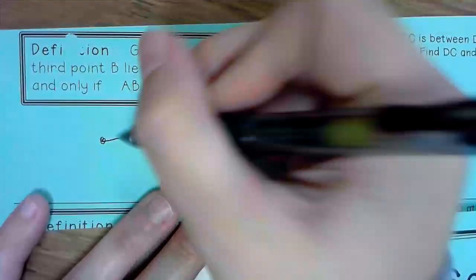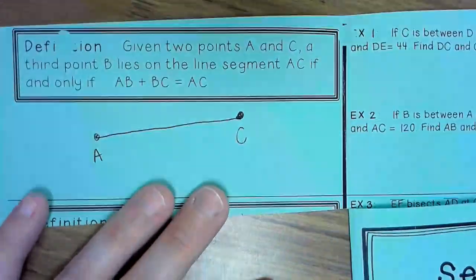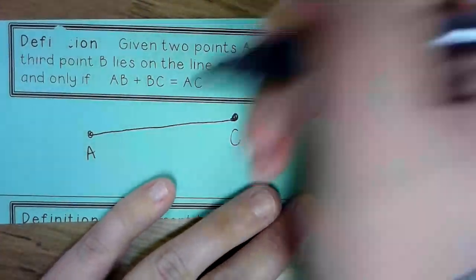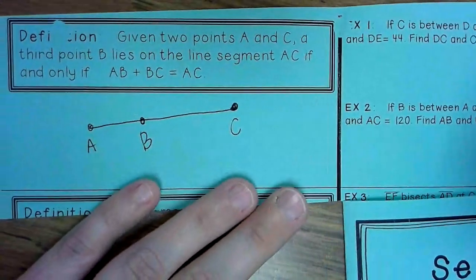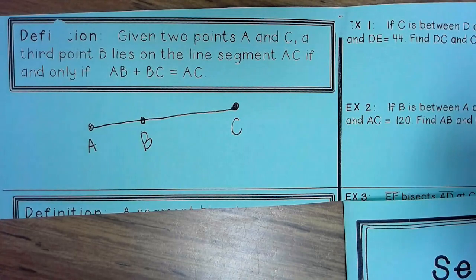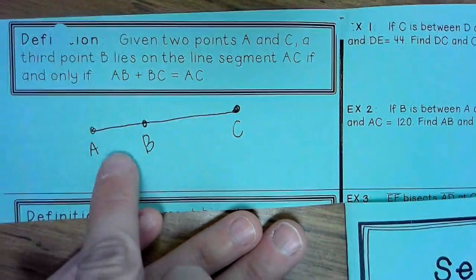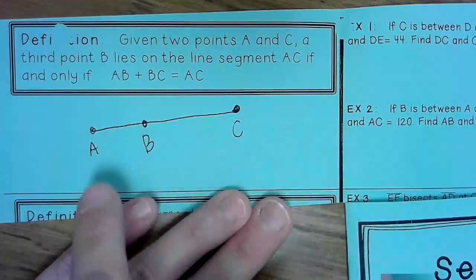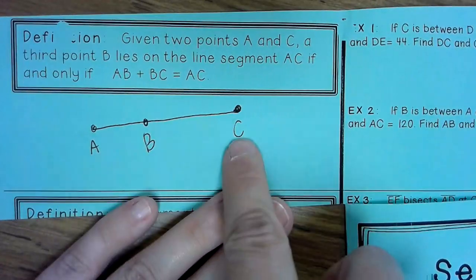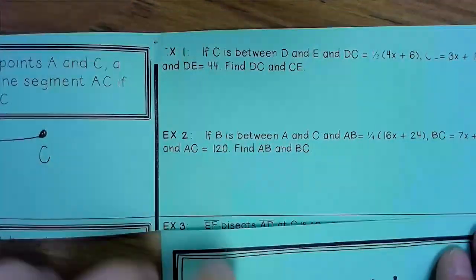So here's my segment, my 2 points A and C. B lies on the line segment. It doesn't say it's in the middle, it just says it's on the line segment somewhere. If and only if AB plus BC equals AC. So it's just telling you these two parts added together equal the whole thing. That's it. Okay, there are 2 examples here, but I am only going to do one of them because they